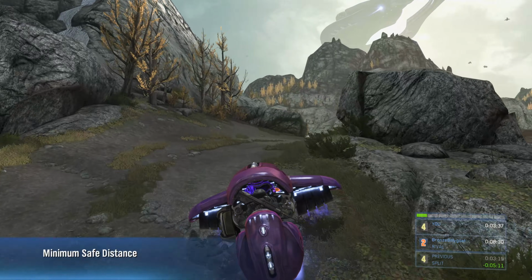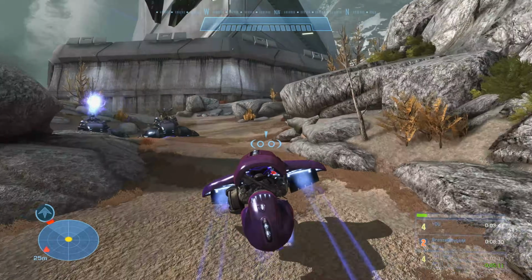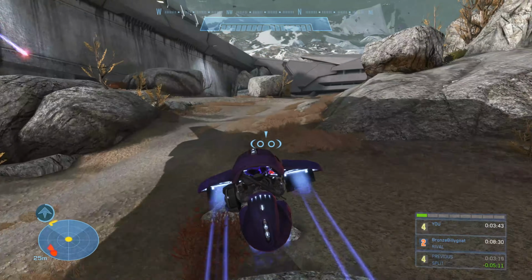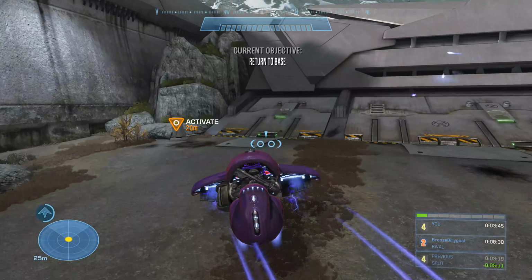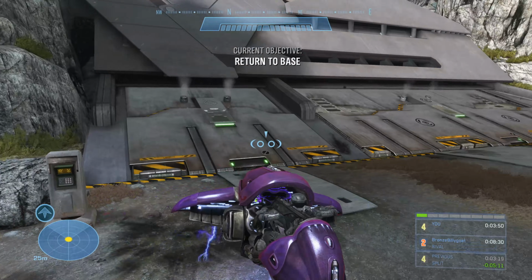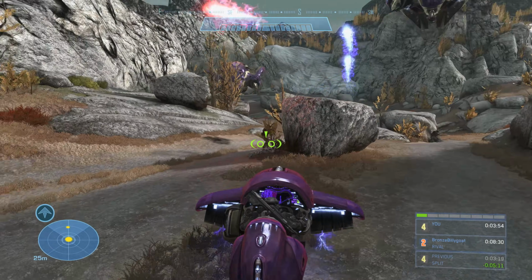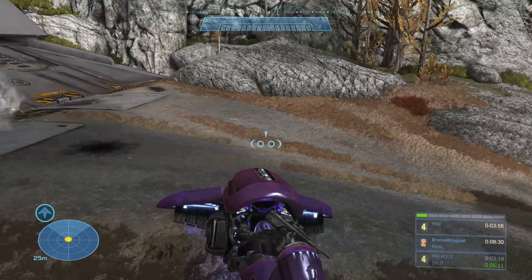This is back where we were when we were fighting the wraiths that we ignored, and we're going to just move up to the right, back where we came, back to Sword Base, which was the beginning of the mission, and you can see the wraiths are actually still here, so you want to be aware of them. So activate the switch here, and then you want to look behind you and make sure that they're not going to shoot you. So just keep an eye on where the wraith mortars are landing, and then we will be